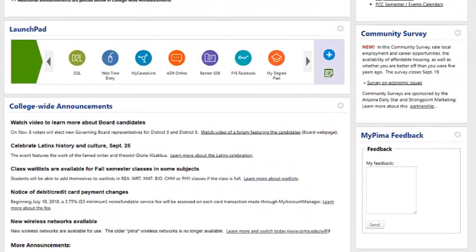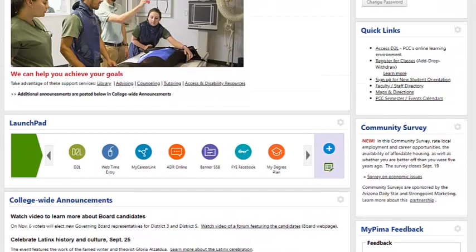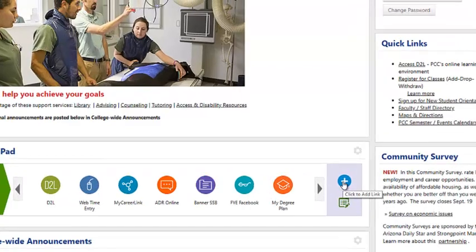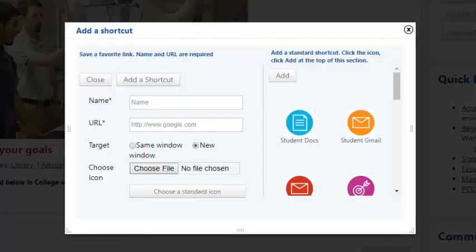Then, if we scroll back up here to the top, I want to point out the last key feature, which I think is fantastic, and this is the Launchpad. And so in this Launchpad, there are some buttons that you can personalize according to whichever features you use most frequently here on your home page. So how you can personalize this is by clicking the blue plus button,